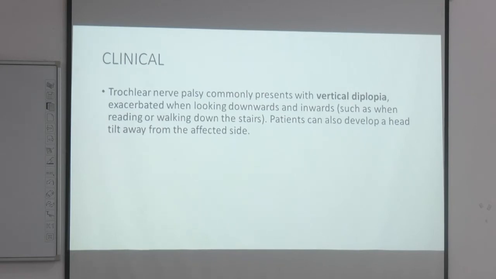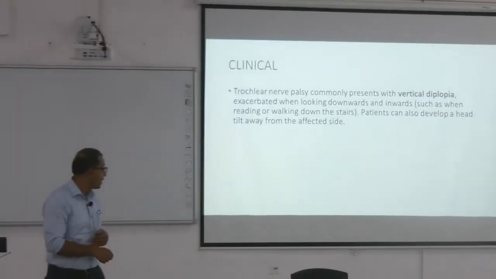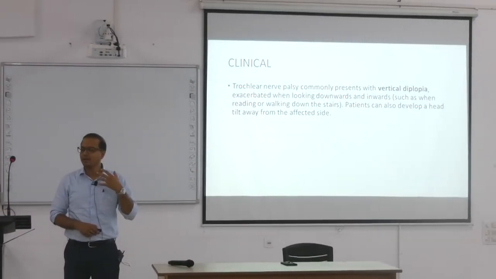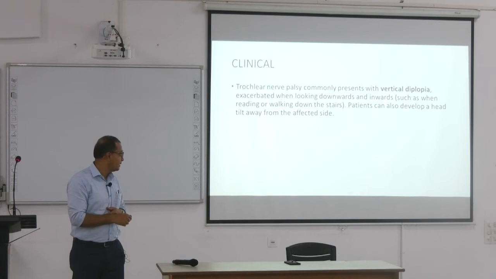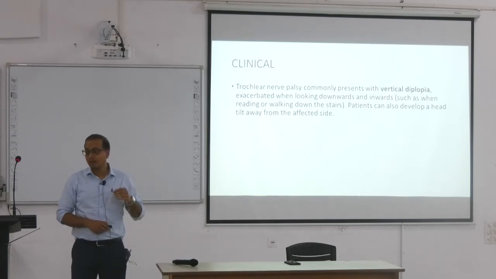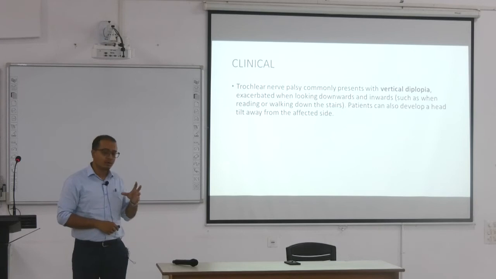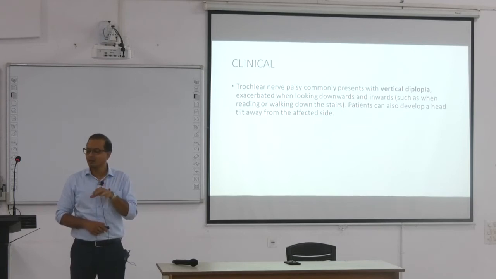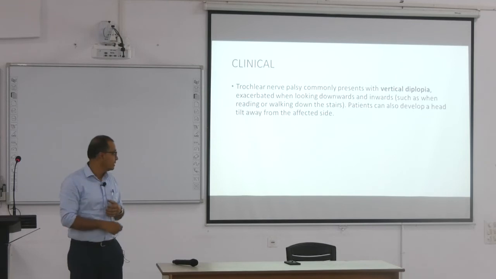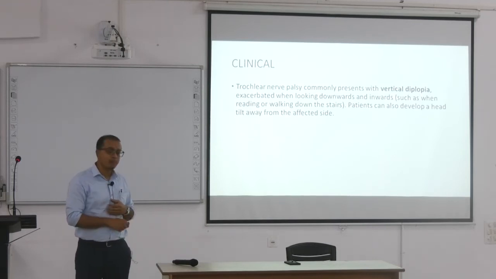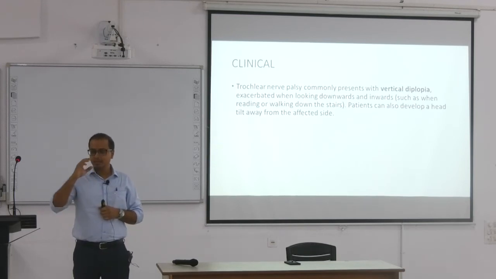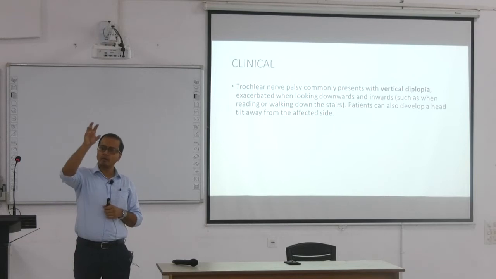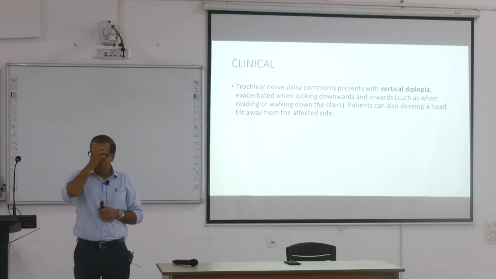Now, the prying functions, which is the depression of the eyeball or making the eyeball look down, if this particular muscle has any kind of palsy or inappropriate function, the person most commonly experiences double vision. Because the three-dimensional perception is not working properly, the person sees diplopia or double vision in an upper dome. That means the person is seeing some object and on the top of or around the object he sees the same thing. We call this vertical diplopia.